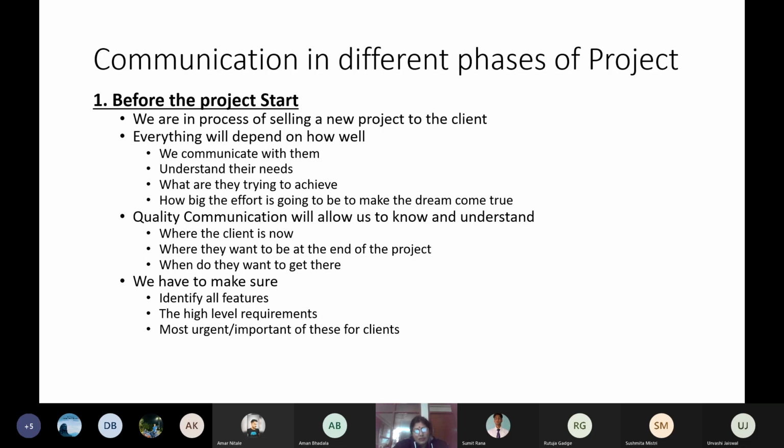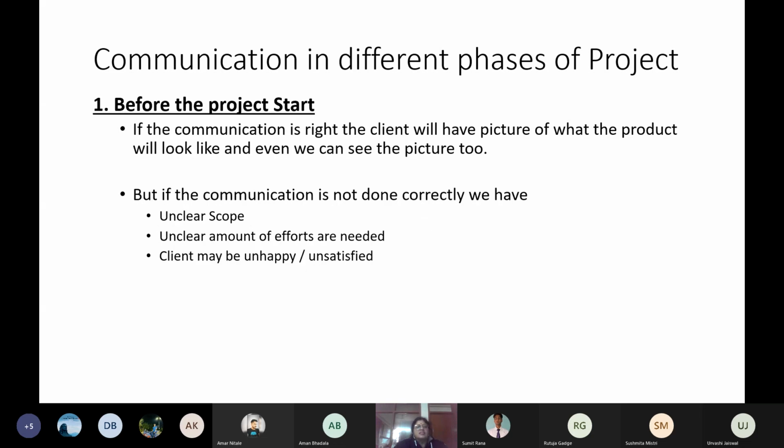So those are the things you need to understand while you're communicating before the project starts. If the communication is right, the client will have a picture of what the product will look like, and you can see the picture too. Even as we discuss with them, we can know what the things are and how this software will look. But if the communication is not done correctly, in that case, we can have unclear scope,